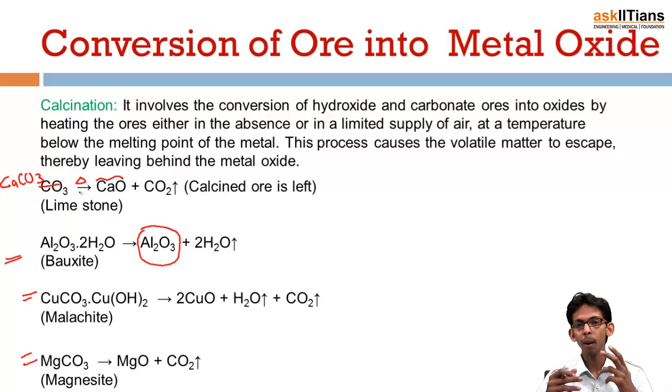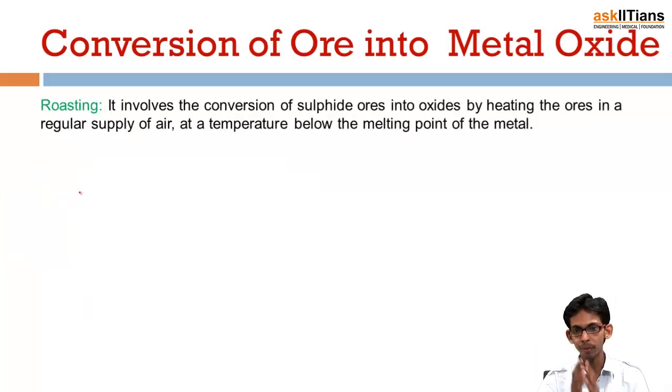So there are two basic advantages. First of all, once again, what is calcination? Calcination is the method of converting carbonate ore into oxide ore by heating it in absence or limited supply of air, because of which carbonate gets converted into oxide, and if we have some water or any volatile impurity, it also escapes from the system, so we get pure oxide ore. Okay, next we have roasting. We have to convert sulfide ore also into oxide ore.